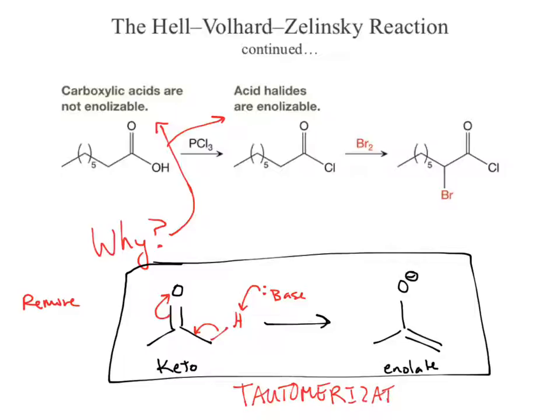So when we're looking at the Hell-Volhard-Zelinsky reaction, we're doing some kind of crazy, bizarre stuff, and it all centers on the ability to enolize. The carboxylic acid does not enolize, yet the acyl chloride does. So the question again comes back to why. Well, now that we know what the tautomerization is,